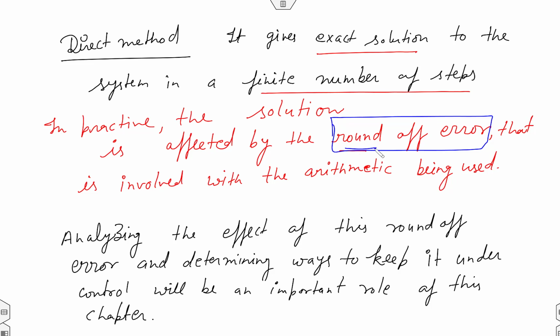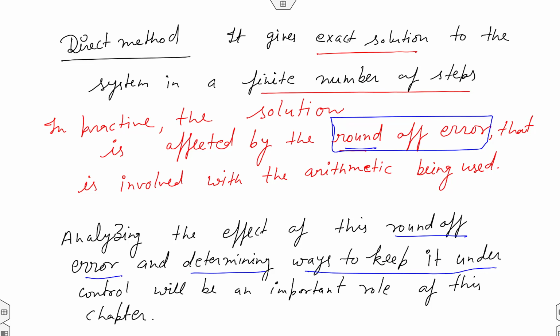This round-off error is introduced during the arithmetic operations that we use in the method. So we analyze the effect of this round-off error and determine ways to keep it under control. Our aim is to keep this round-off error under control. So what method should we use so that the round-off error can be controlled, that we will discuss